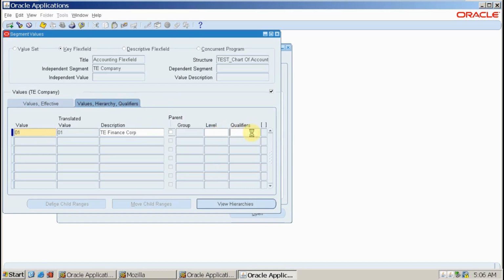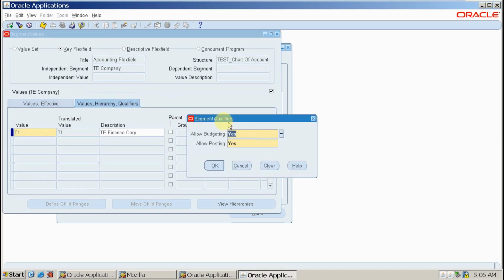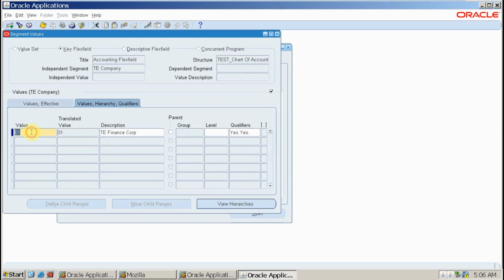Click on qualifiers, and here there are some options under segment qualifiers. If you enable this, whatever code combination has this 01 will be posted for your general entry transactions. So click OK for allow budgeting transaction and allow posting transaction whenever you use this particular code.